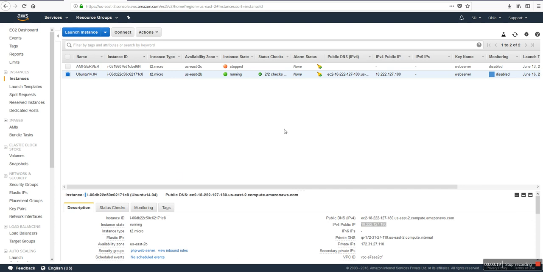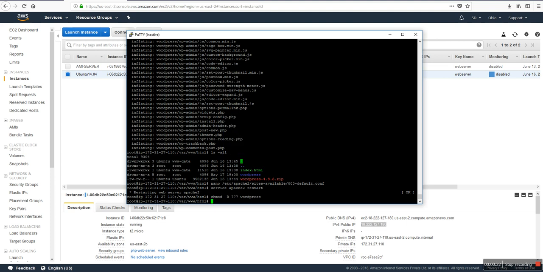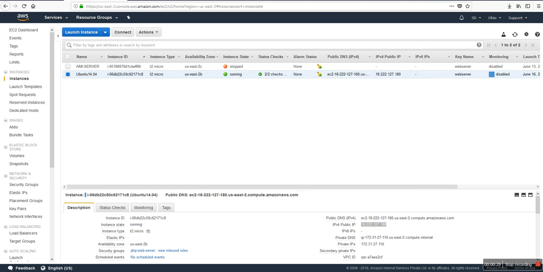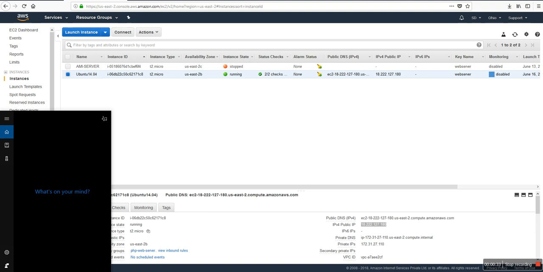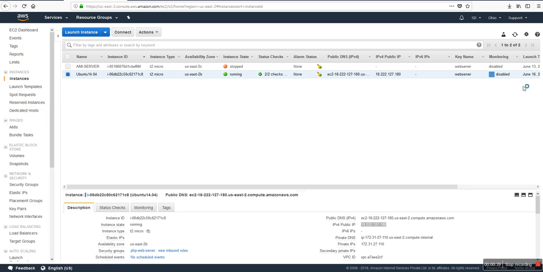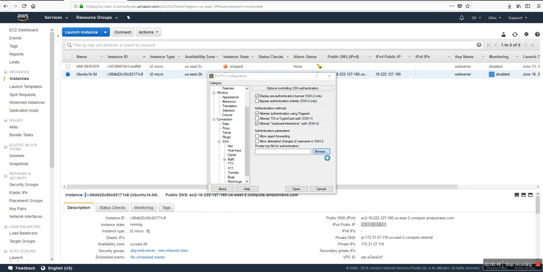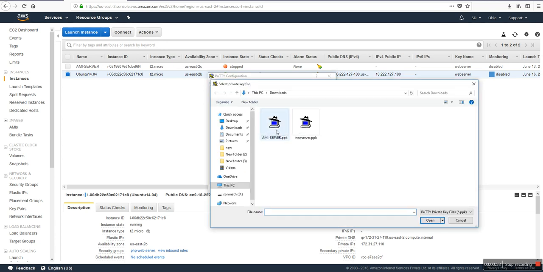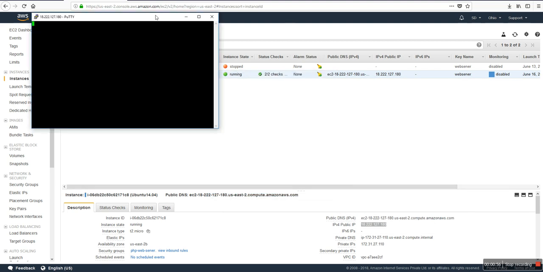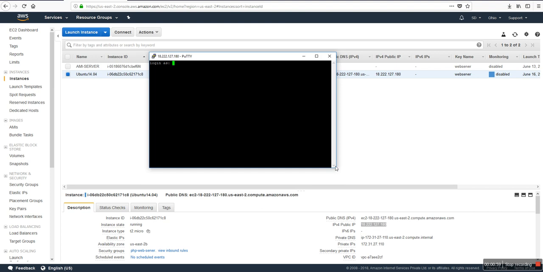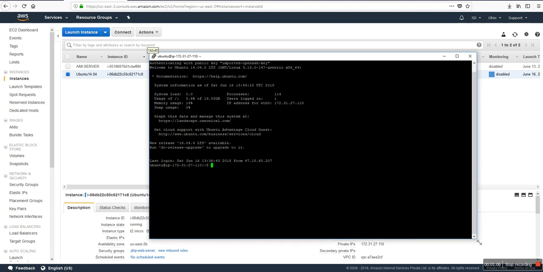So first of all, I logged into my server. I have an Ubuntu server, and I have to reconnect again. I copied that IP address, and here I choose the key file. My username is the default ubuntu,